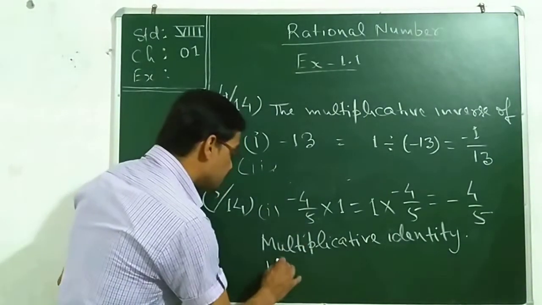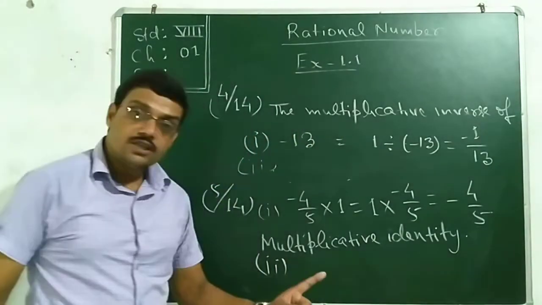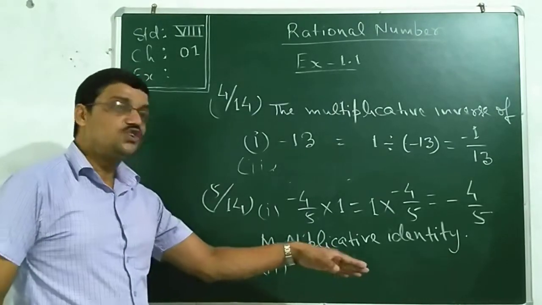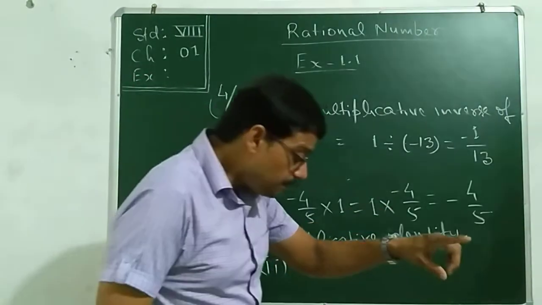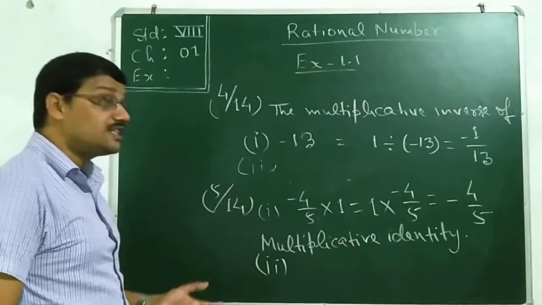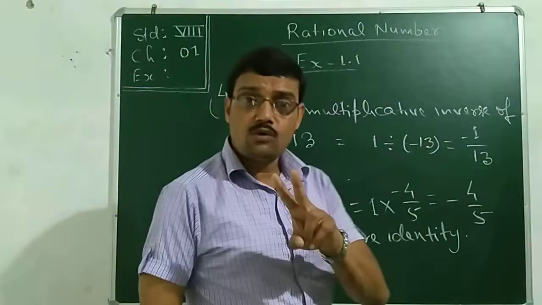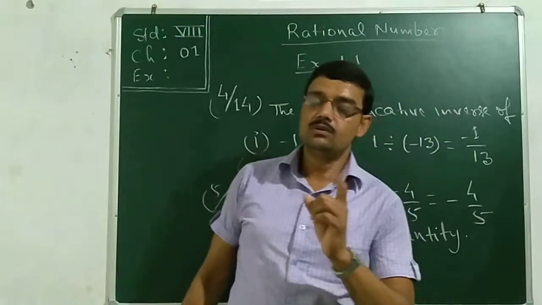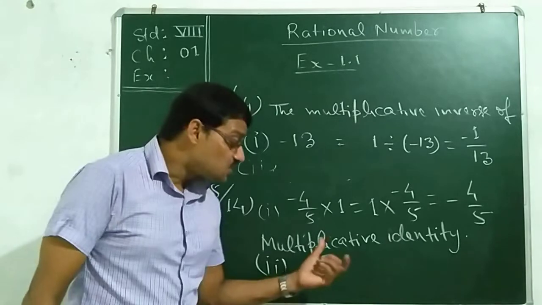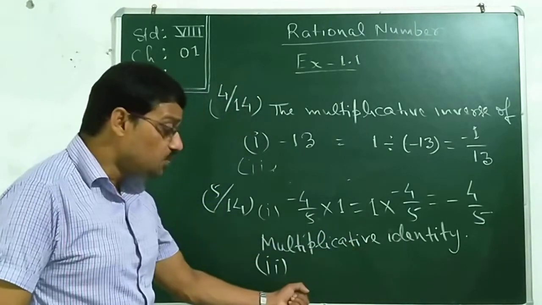Similarly, in the second sum, see, is the distributive property being used? A into B. No, that is not distributive. That seems to be A into B equal to B into A. Find out what that property was. Commutative, right? So the second one is commutative. A into B equal to B into A.